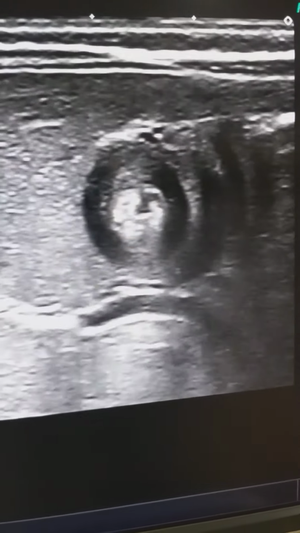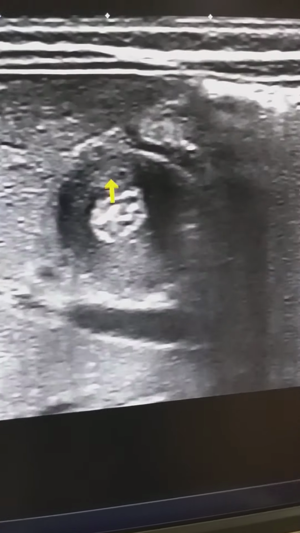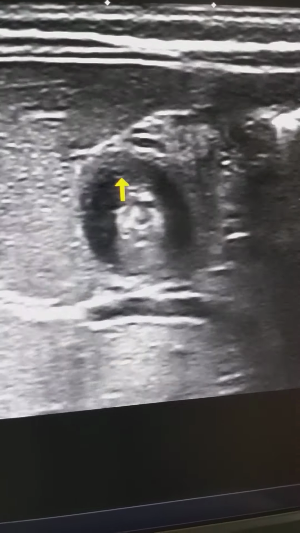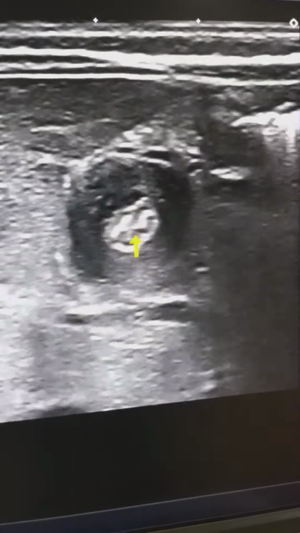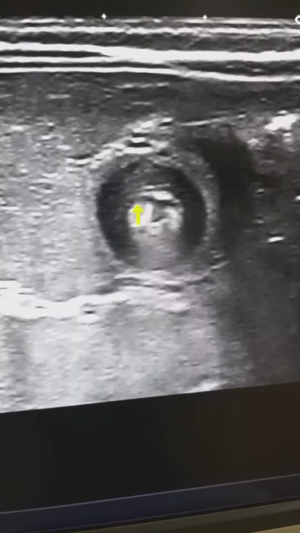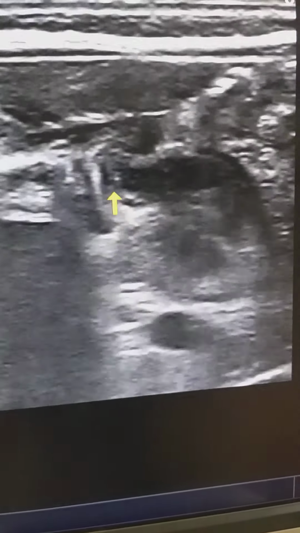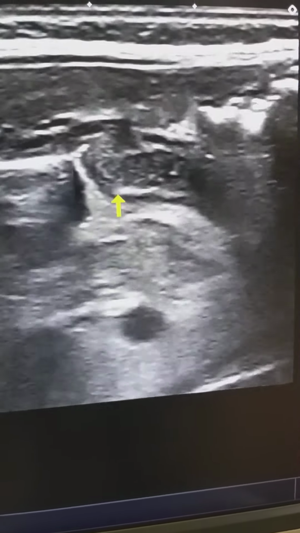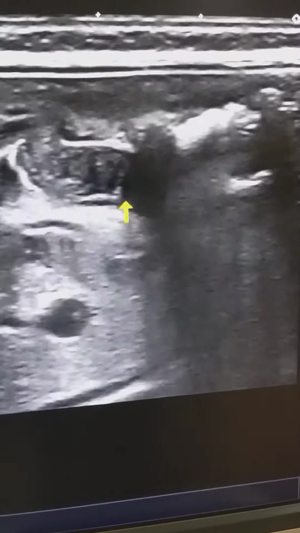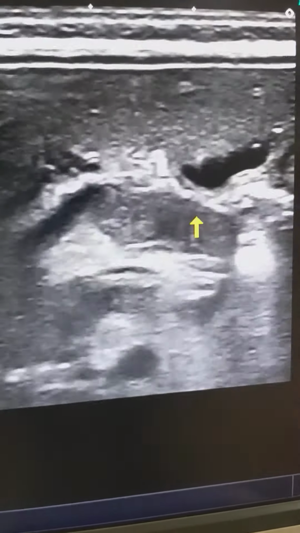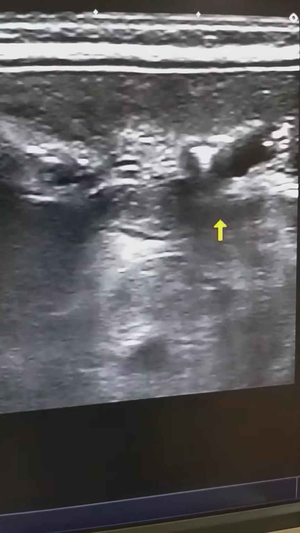So dear colleagues, this is actually not a mass. This is the thick pylorus, thickened pylorus. This is the anterior wall, this is the posterior wall. So the thick pylorus is in our view. Now I am going to see it in the longitudinal direction. Here we can see that this is the